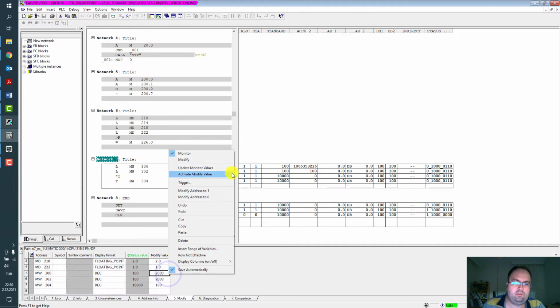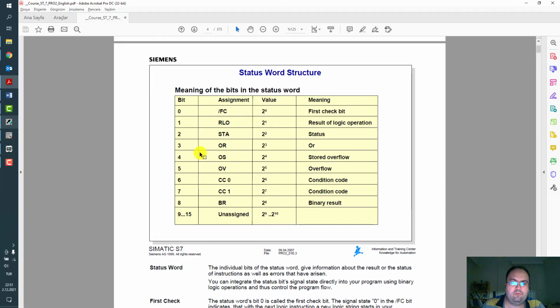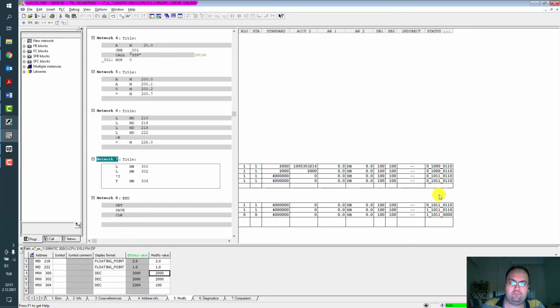Let's try with this. And now we will get the result at the accumulator 1, but there is an overflow and stored overflow right here.